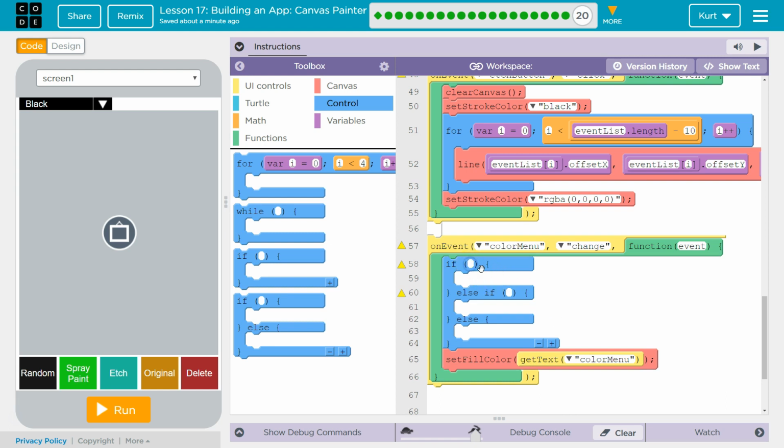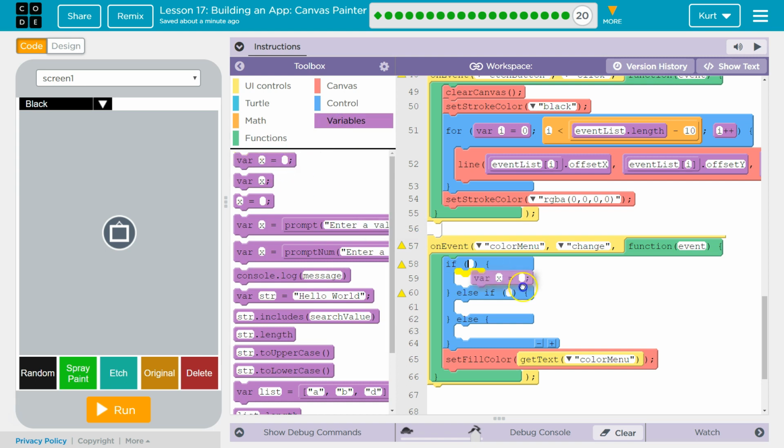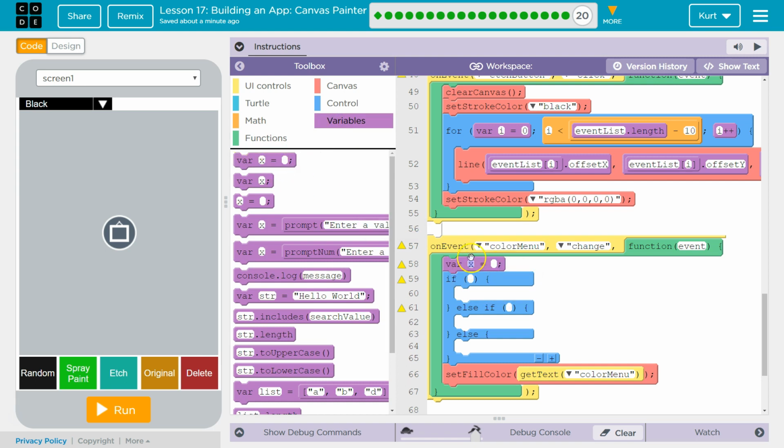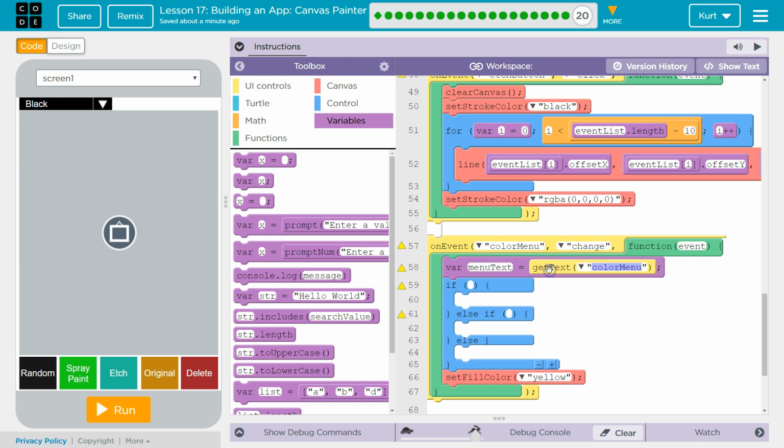Right, so if, and I'm going to use a local variable here, right up here, if color or menu text, right? Menu text, okay? So menu text, get text, okay? And if